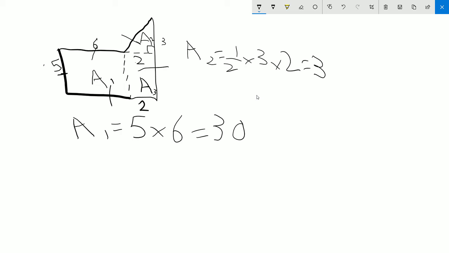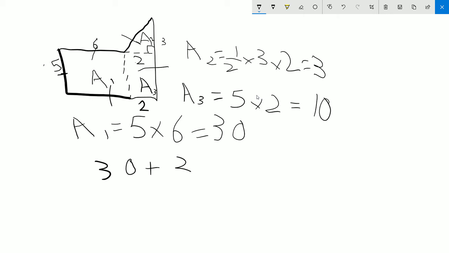So for A3 we just have to multiply 5 and 2 together, which gives us 10. And for the area of this entire compound shape we add A1, A2 and A3: 30 plus 3 plus 10 is 43